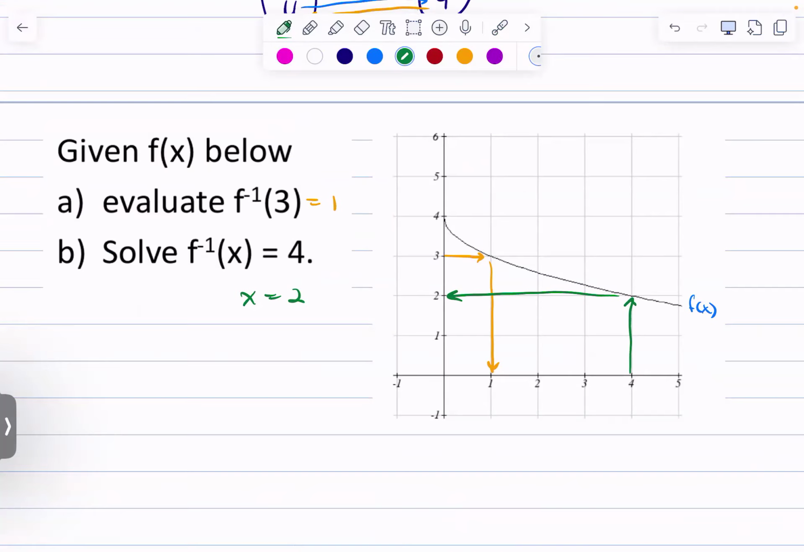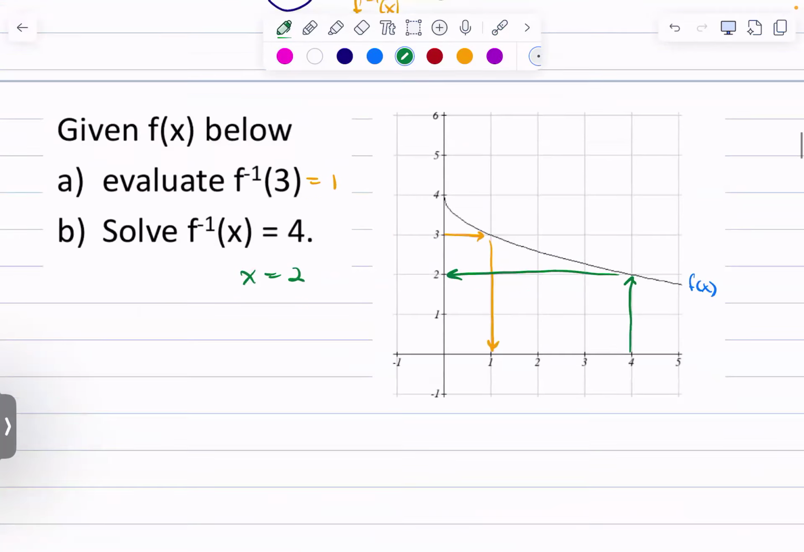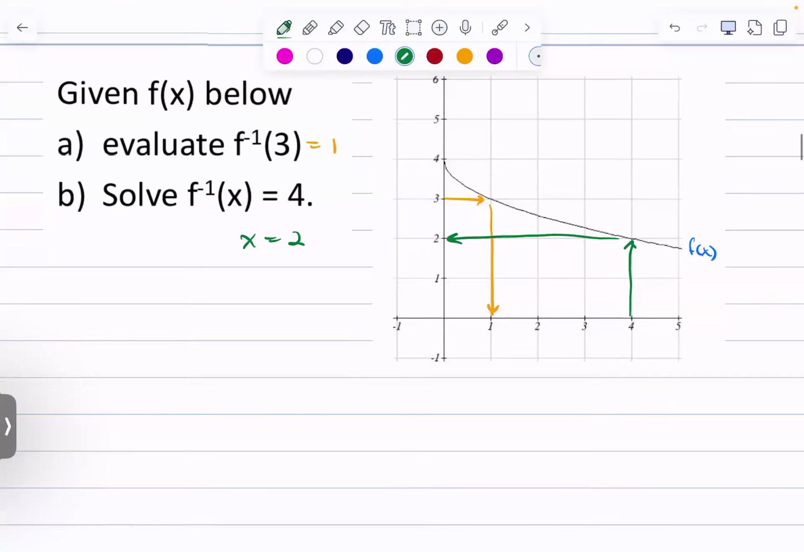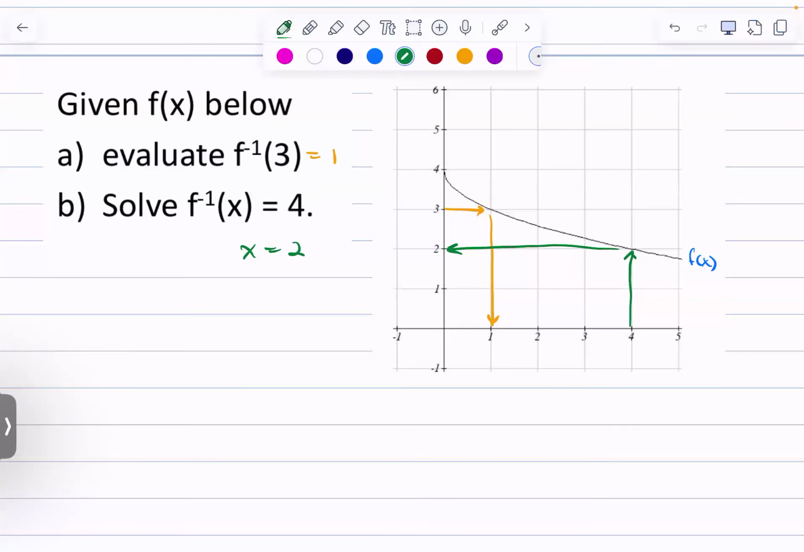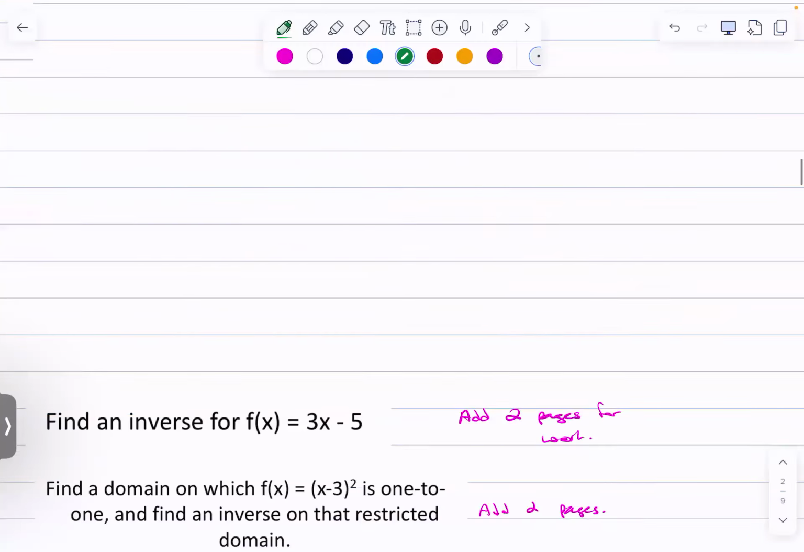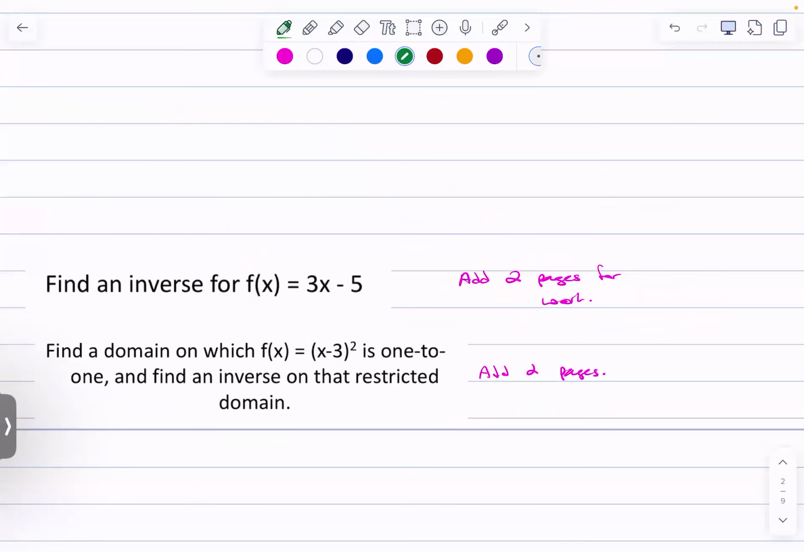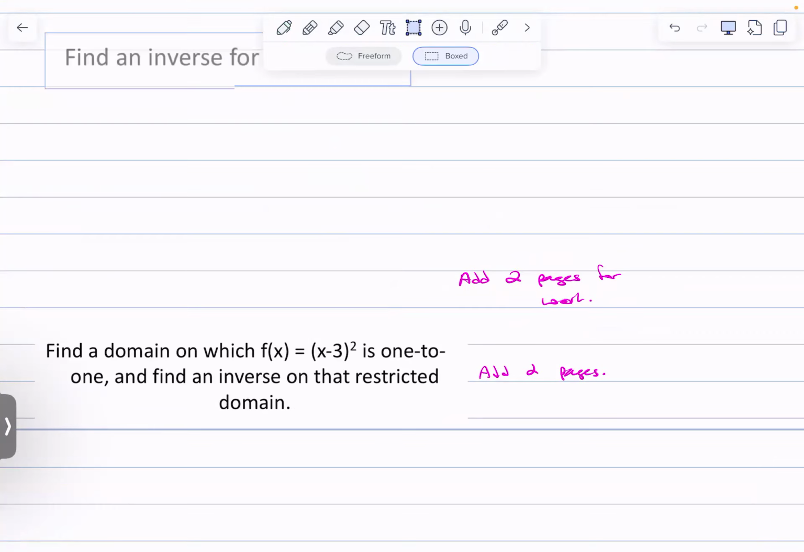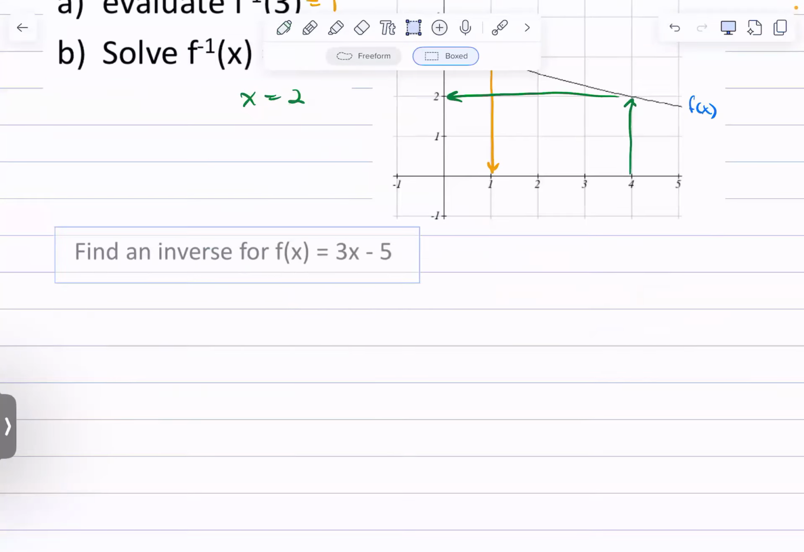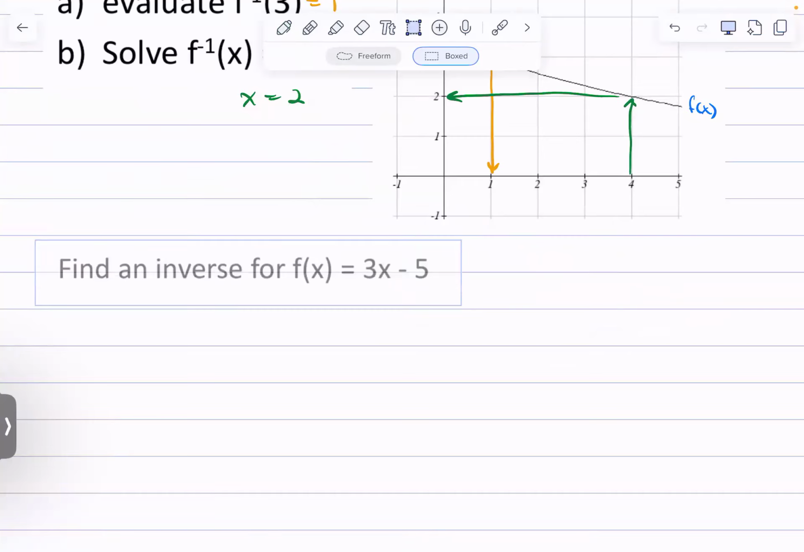Okay. Good. I have two pages for work for each of these, so finally